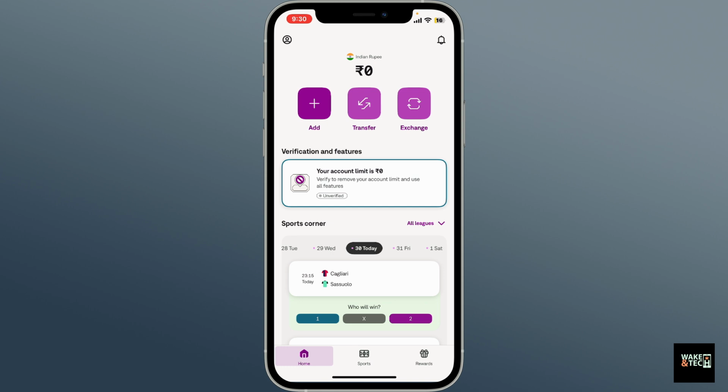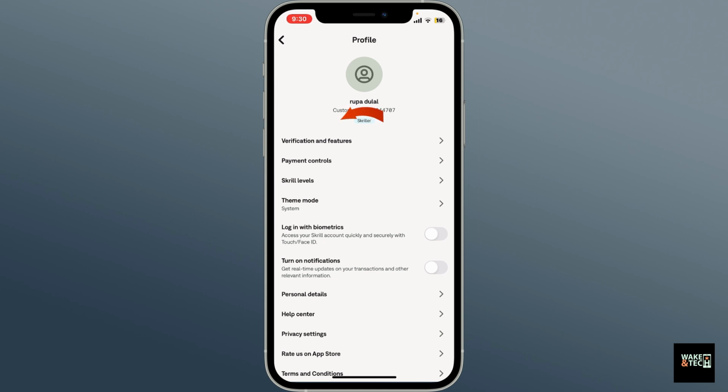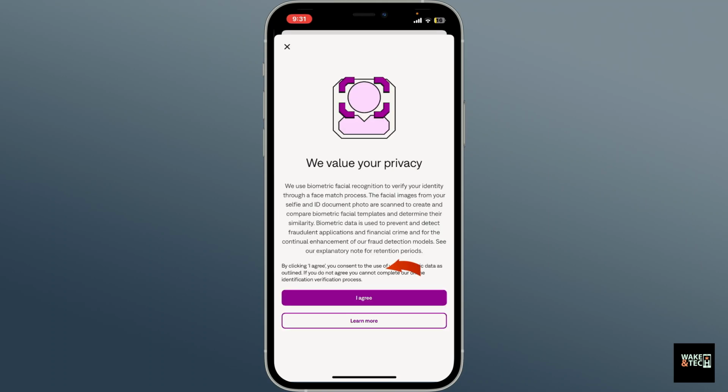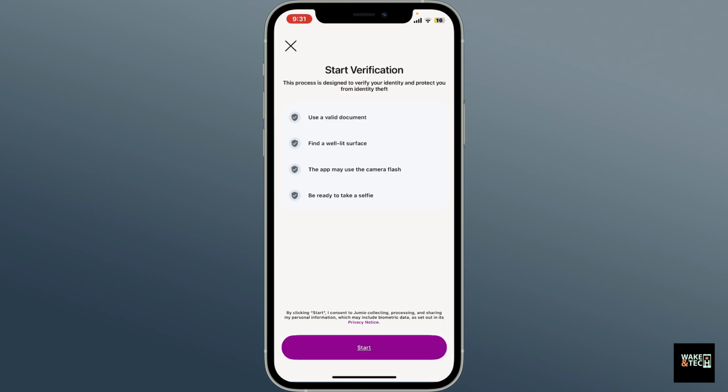After you are logged in, go ahead and click on your profile icon at the top left corner. From your profile page, click on Verification and Features. Under Verification and Features, click on Verify. Now, click on the I agree button to agree to the terms and conditions, and it will redirect you through